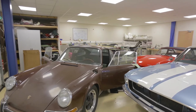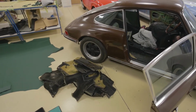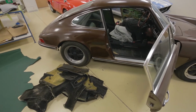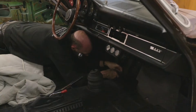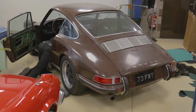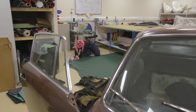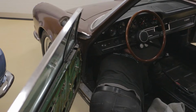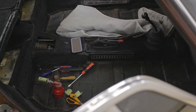This is a Porsche 911 and we're going to refit the whole carpet. First process is to get all the old carpet out and then clean any old glue off the bodywork, and then we hoover it all out so we can start from scratch, and then we can start gluing the new one in. The next step is we start at the front where these pockets are, and then we'll work our